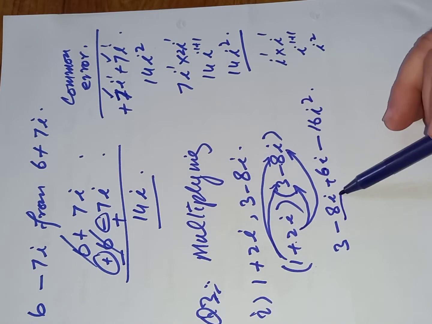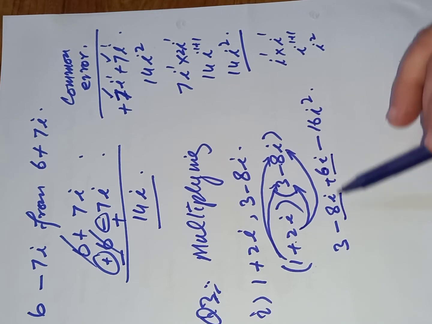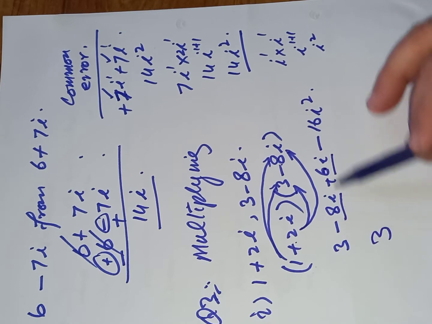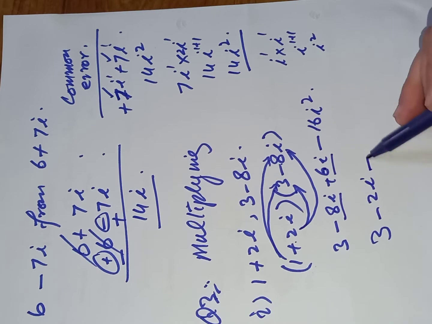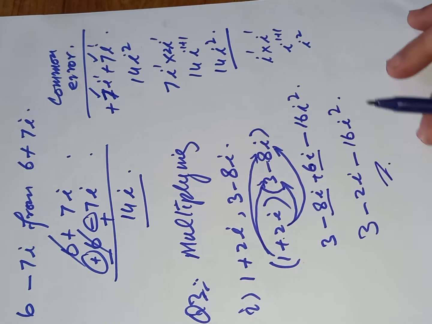Now this is the value of iota and this is also the coefficient with iota, so interact these. This constant, there is no constant, so as it is. So minus 2 iota is left from these two, minus 16 iota square. This is in ascending order, you may write it in descending order as well, and this is the answer.